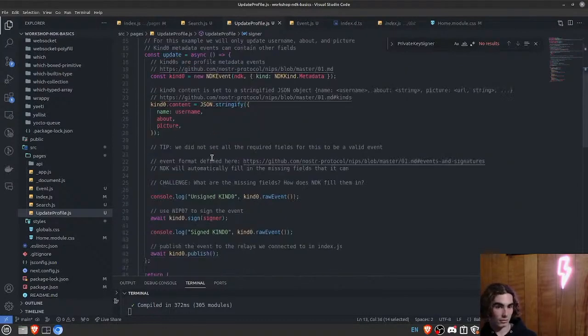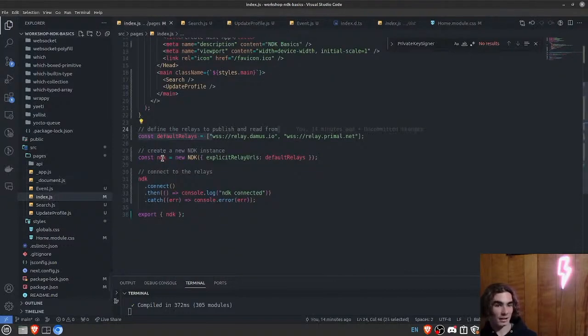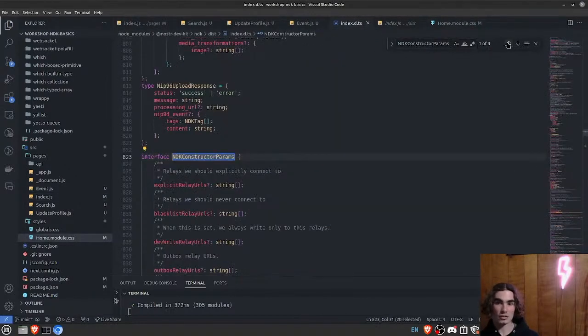It depends on which signer you're trying to use. And if you wanted, you could pass this signer in the new NDK constructor, which takes NDK constructor params, and if we search here for what NDK constructor params are,